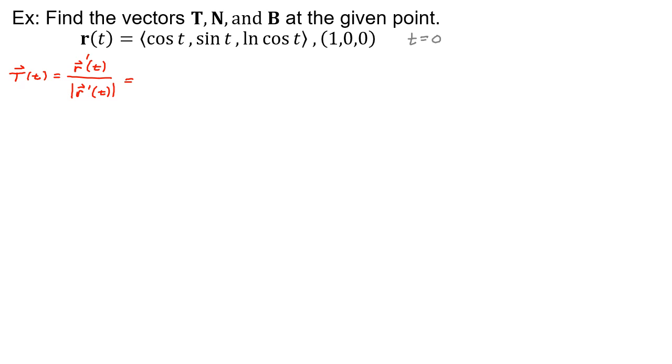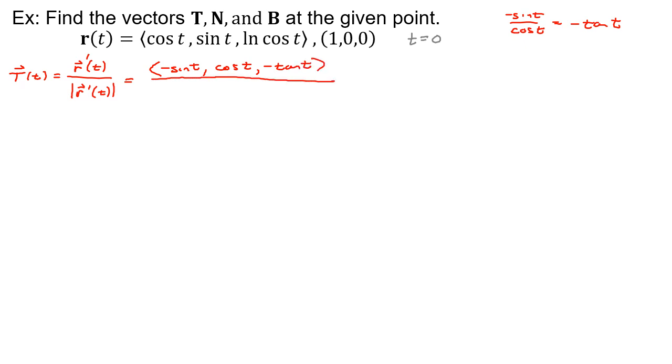And so across the top, the derivative, cosine goes to negative sine, sine goes to cosine. The natural log of cosine t, that's usually one that most people don't remember very well, but remember, if you have a natural log, you could always just put the denominator as what's inside the logarithm, and the derivative of that on top. So derivative of cosine is negative sine. This is actually negative tangent. So its derivative is negative tangent t,